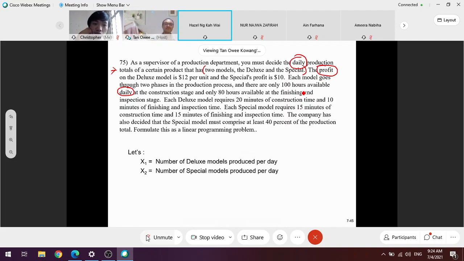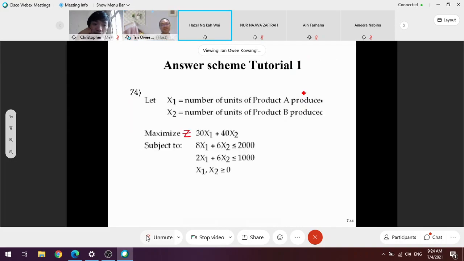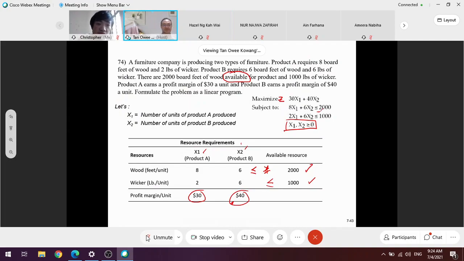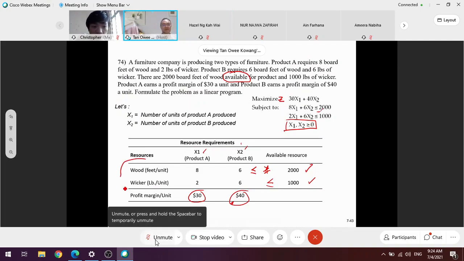Two constraints. Two, to certain aspect, is correct. Two constraints, but what type of constraint? Before you answer, for Chris, there are two, and these two constraints we name as capacity constraints. Because the capacity they have is only 2,000 board feet, and the worker capacity is 1,000 pounds. Only capacity, yes, the constraint in this scenario is capacity.